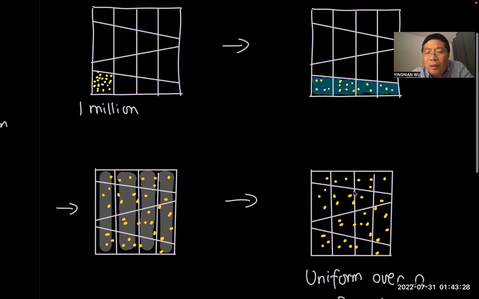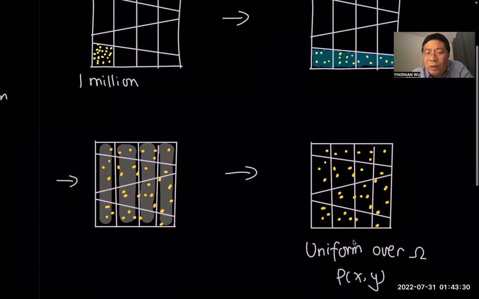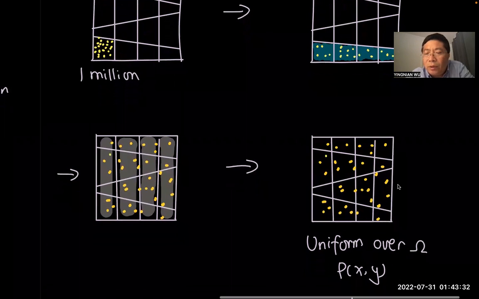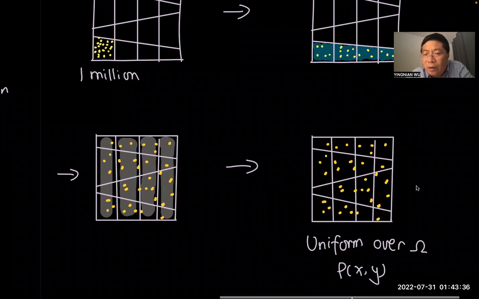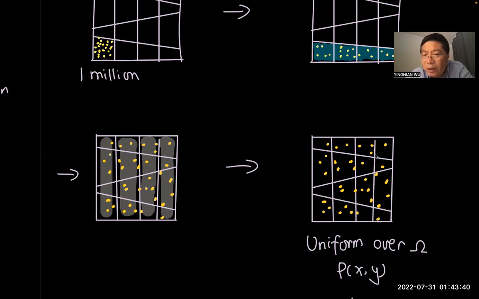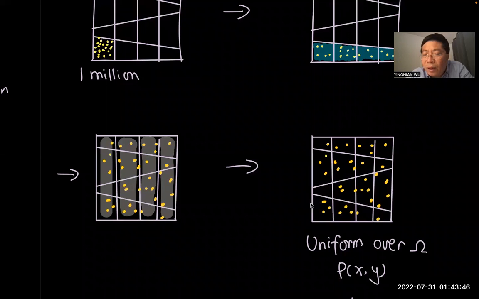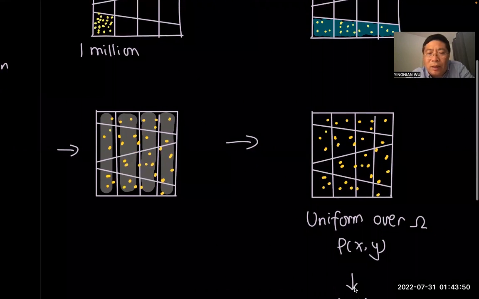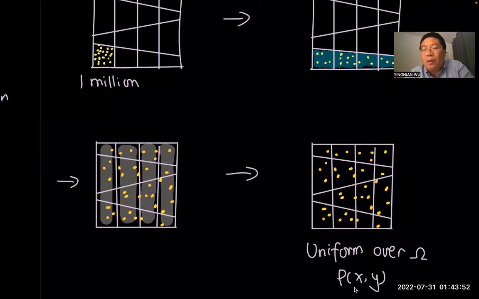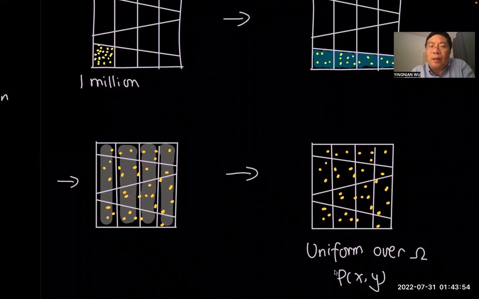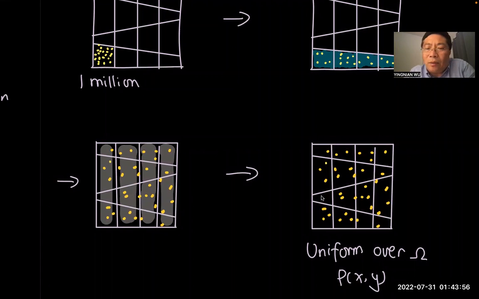So you keep doing that, and eventually you will get to a uniform distribution over the unit square. And then if you continue to do the random relocation or random shuffling horizontally and vertically, you are not going to change the uniform distribution. So therefore, you are not going to change the distribution for XY, which are the rows and the columns. Okay, so that's the idea of the Gibbs sampler, how you visualize the Gibbs sampler, and in particular, why it converges